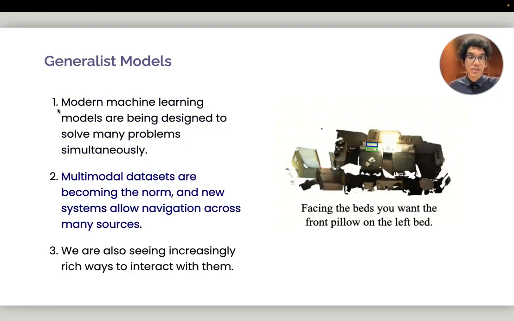Second is the rise of multimodal datasets. Right? So this example, what I'm showing here, this comes from a dataset that's pairing images with free text. Right? What's really interesting here is, traditional image algorithms, you might be able to classify parts of the image into specific, like maybe 1,000 classes, right? But now you're able to query these images using free text, right? So there are 2 very different modalities that are now very closely connected.